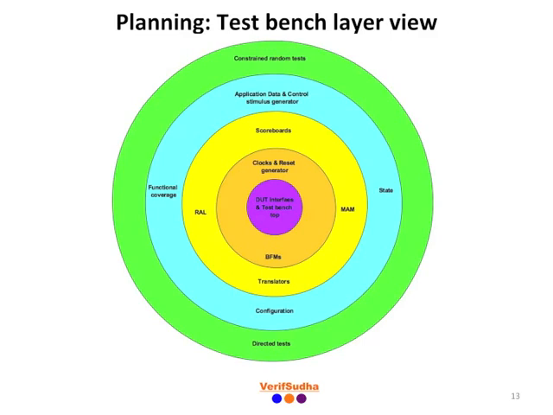Third layer is made up of components that process the transactions created by the second layer. Let's look at few key components of this layer. Scoreboards implement the checks on the integrity of the data crossing the different interfaces of the design. For example, in a USB controller, it would mean checking the integrity of the data presented to input of the host controller to data leaving on the USB wires.